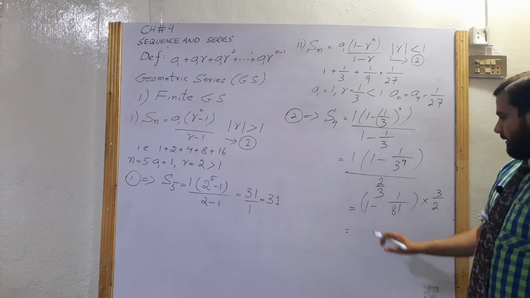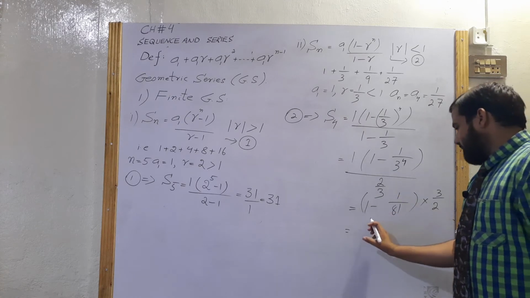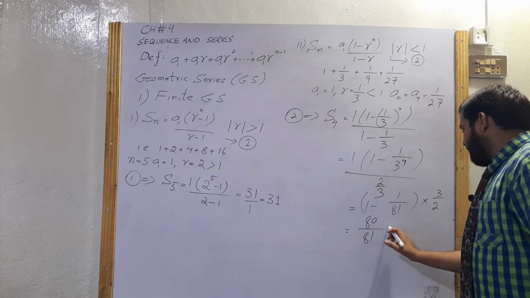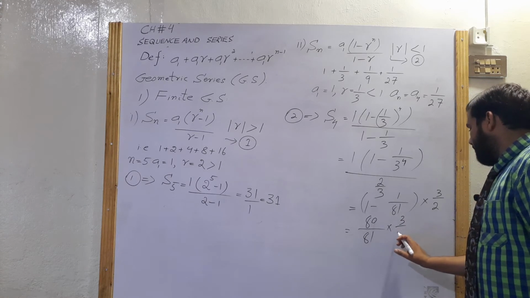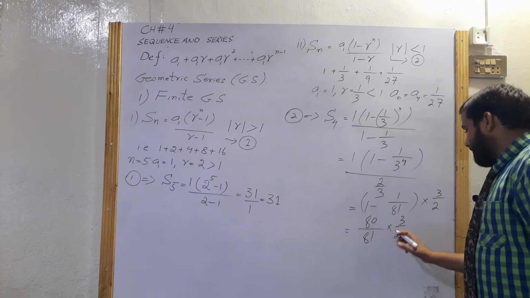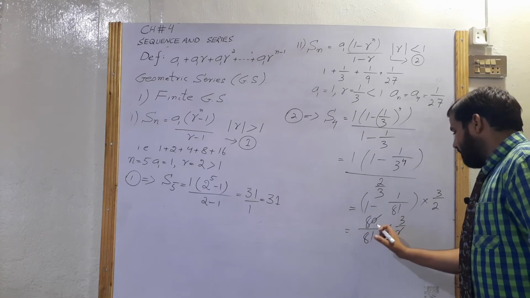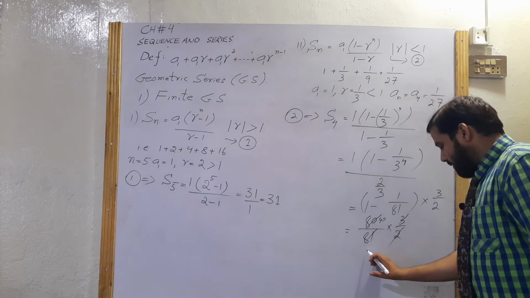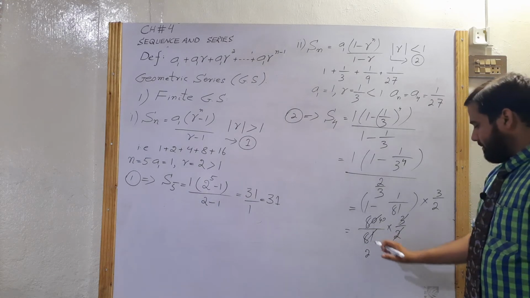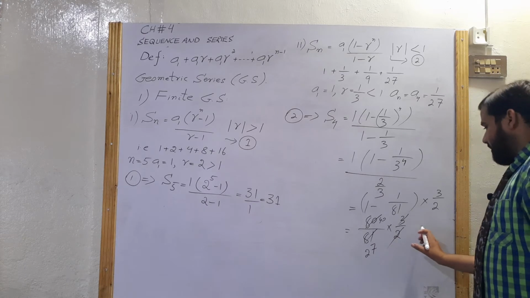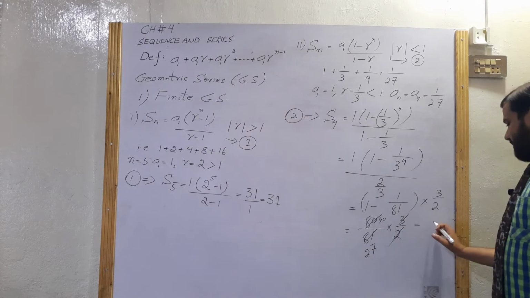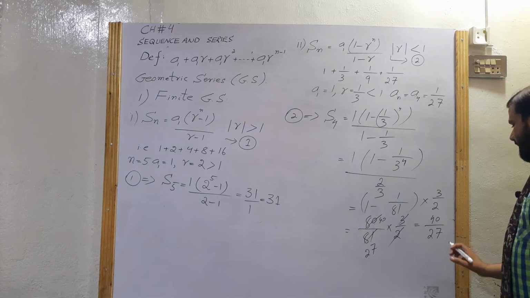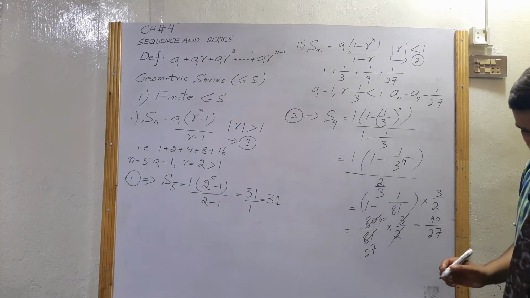81 minus 1 is 80, divided by 81, into 3 over 2. The 2s cancel with this one, so this is 40, and 3 2s are 6, and 3 7s are 21. So in this case the summation of the series is 40 divided by 27. So simply,